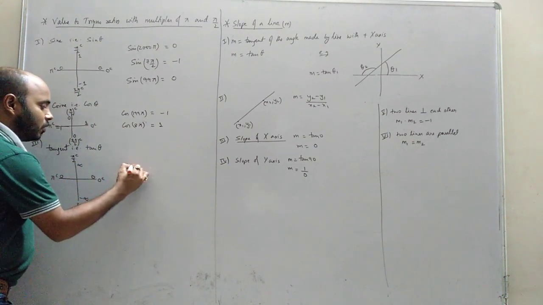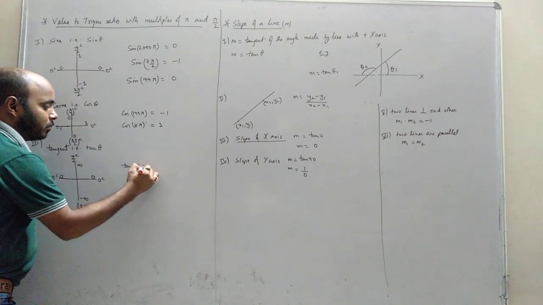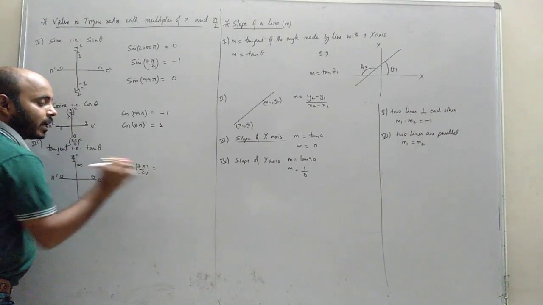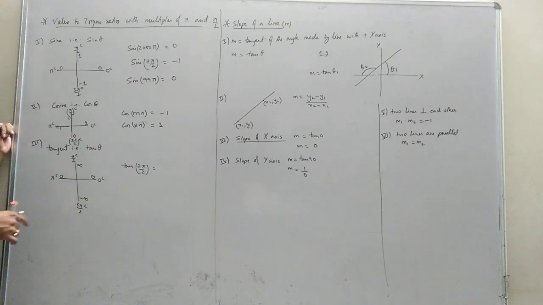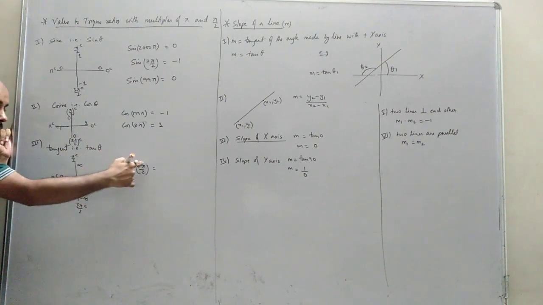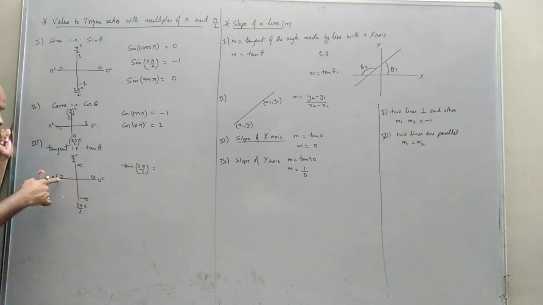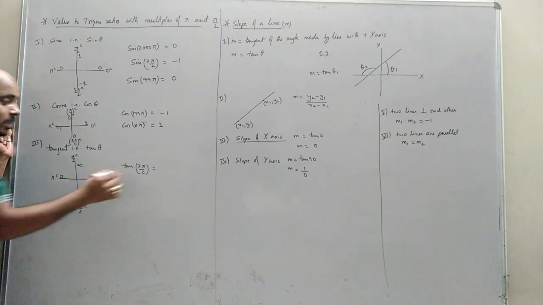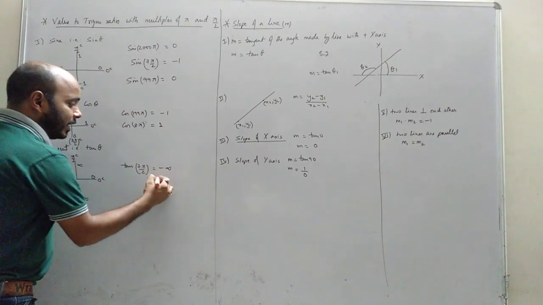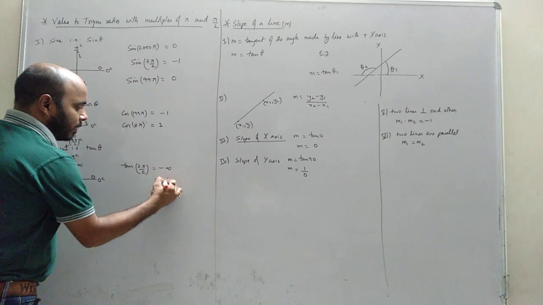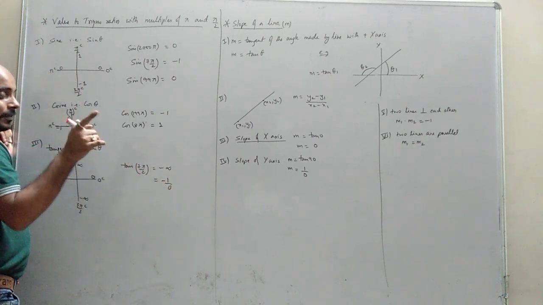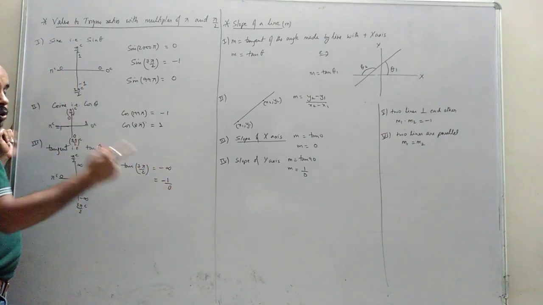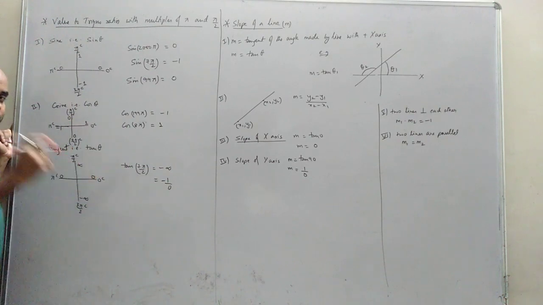Now, if someone asks you, what is tan 7 pi by 2? Again, see where this 7 pi by 2 lies. So you have to rotate with multiples of pi by 2. 0, 1 pi by 2, 2 pi by 2, 3 pi by 2, 4 pi by 2, 5 pi by 2, 6, 7 pi by 2. That is minus infinity. Now, mathematically, infinity is written like this, minus 1 by 0. Infinity, we don't write infinity, we write 1 by 0. This is a new thing you are learning for class level. Infinity is 1 by 0.